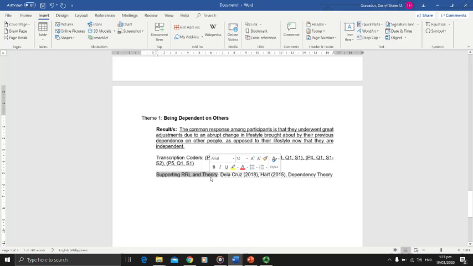For supporting RRL and theory, you are simply going to place there the author and the year of the related literature that may be used to support the result right here, and also the name of the theory that best describes the behavior of your participants under this particular result. That being said, all you really have to do is repeat the process for the rest of the transcriptions: assign codes per participant per question, look for the similar codes per question, assign a general statement, and then place another